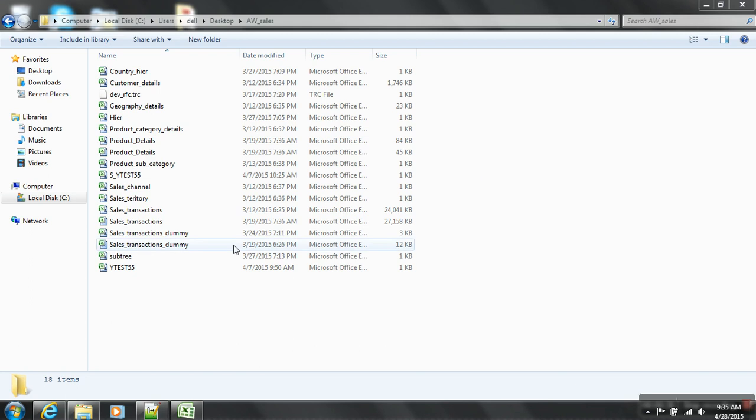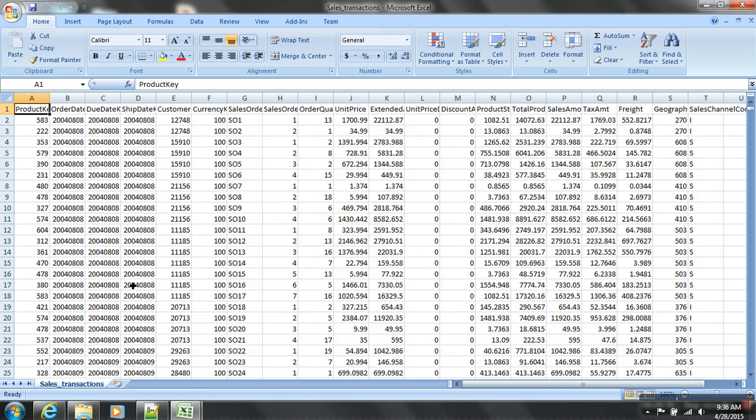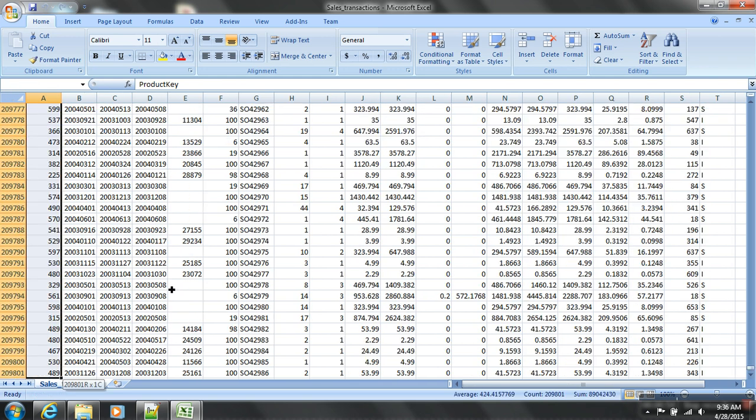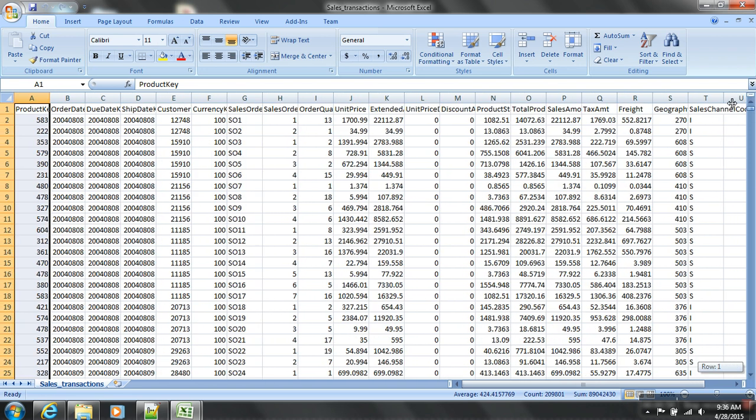Now let's say sales transactions. So this is the file which is given to me.